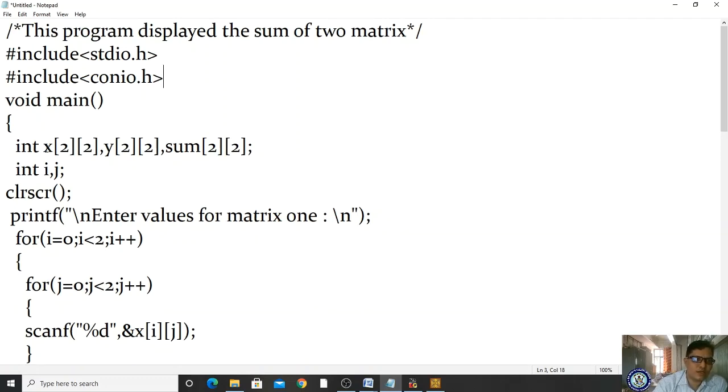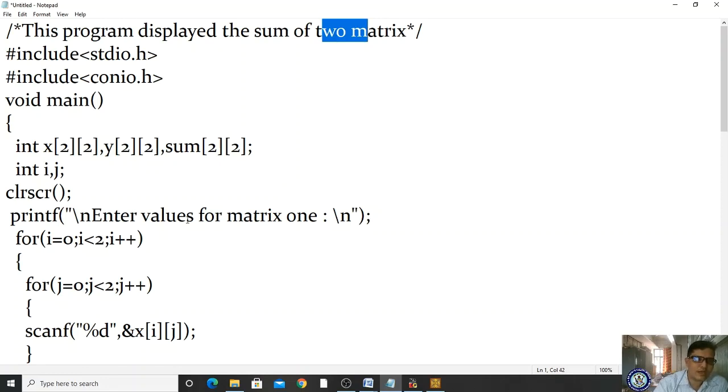Here we are defining two-dimensional arrays: X for one matrix, Y for another matrix, and sum for the result. Since it is a two-dimensional array, we take these two counter variables. Compulsorily we have a nested for loop. First, it is clearly given that the size of the two matrices is already specified.